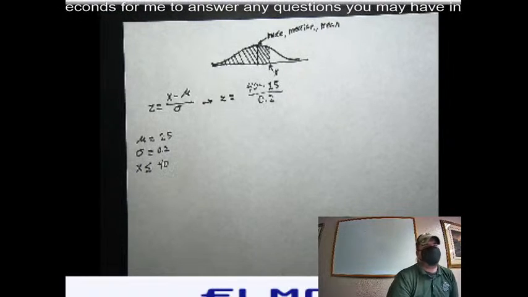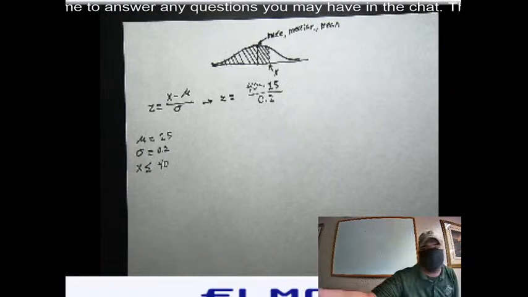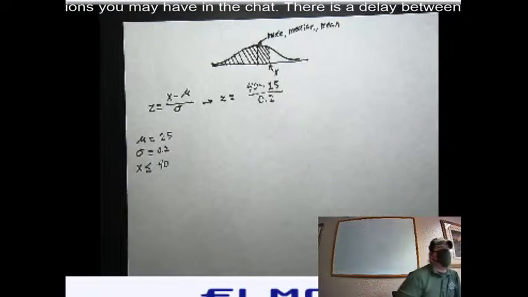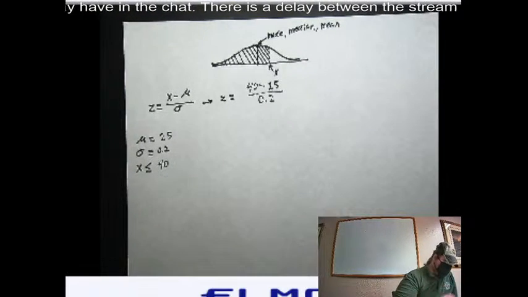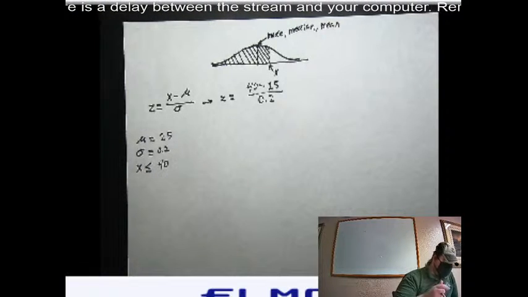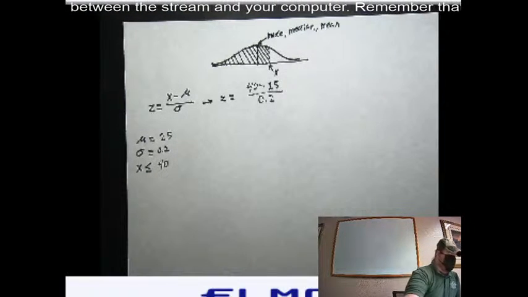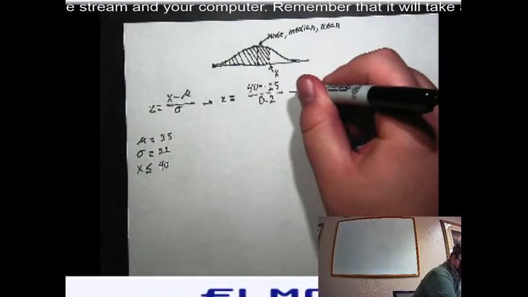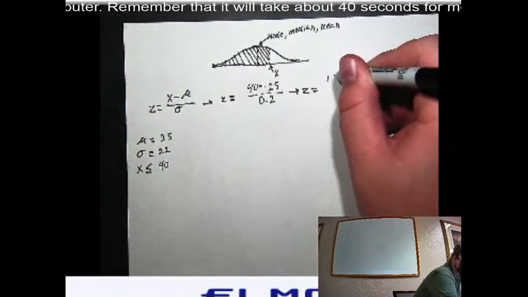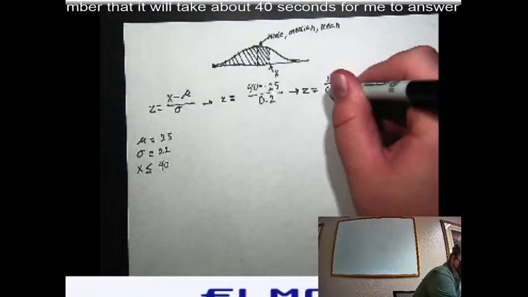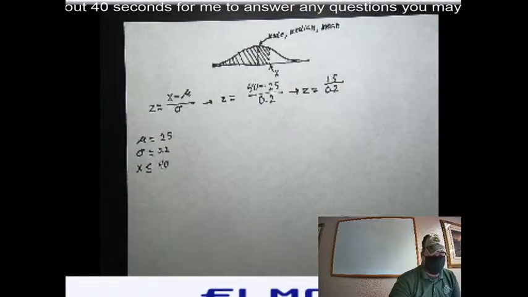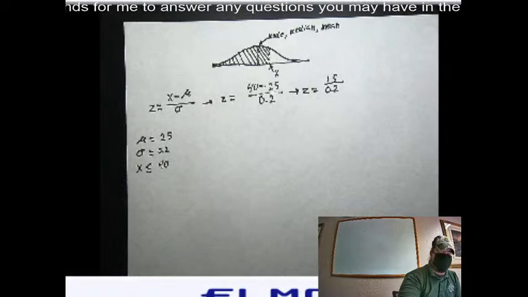Okay, so we just need to do our math here. The top part, 40 minus 25, is 15. So z equals 15 divided by 0.2. And we get,